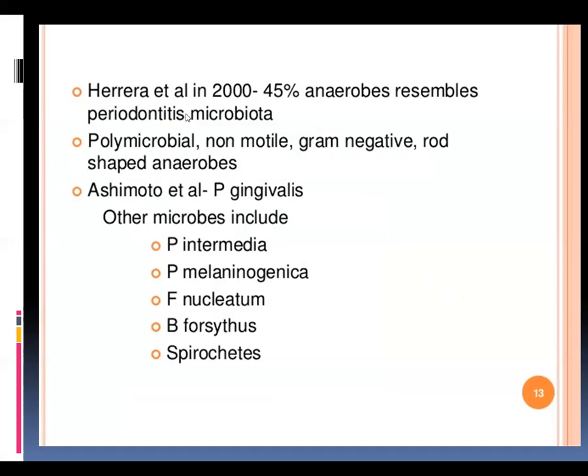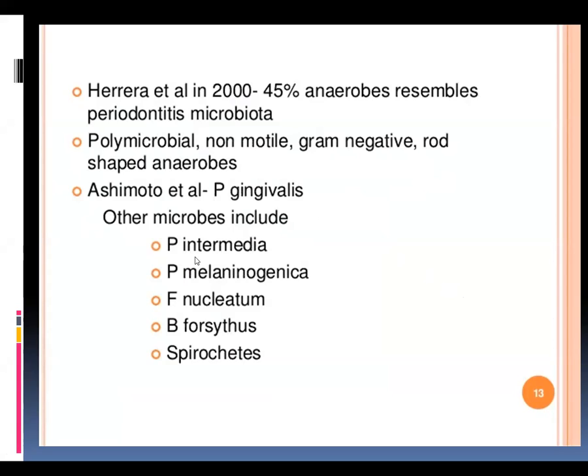45% of the anaerobes resemble the periodontitis microbiota. These are polymicrobial, non-motile, gram-negative rod-shaped anaerobes, which mostly cause abscess formation. Then P. gingivalis is one of the causes of the periodontal abscess, and the other microbes which are included in